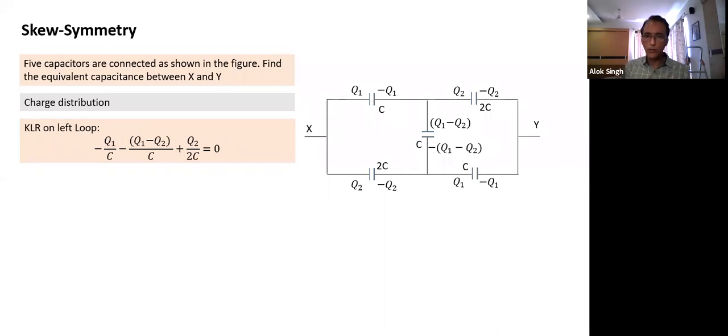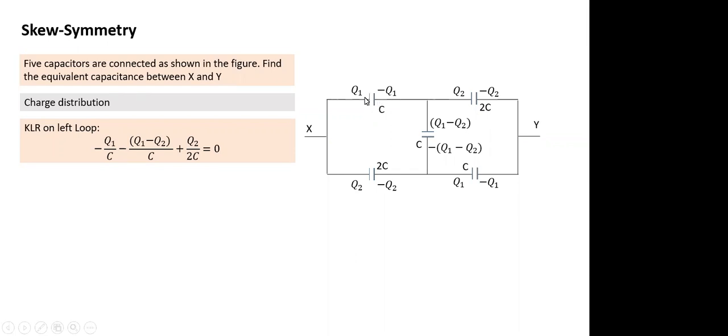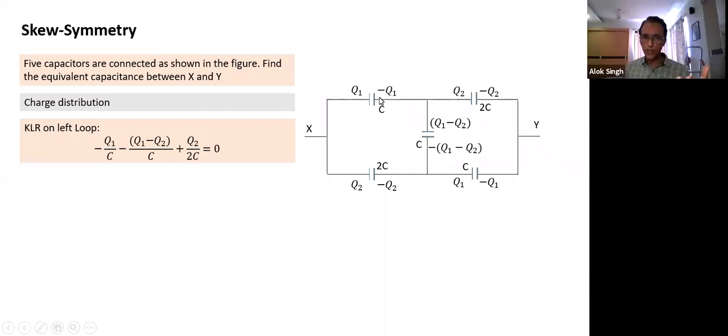Where's the starting point? I am applying the loop rule. Let's say I'm starting from this corner and going in a clockwise direction. If I start from here, until this point, no change in potential. But as I move from positive plate to negative plate, potential changes. Now there's a field here. What is the change in potential? It is equal to the potential of the battery, which is Q by C. Magnitude is Q1 by C. But as we move from positive to negative, there's a drop. That's why I put the change in potential equal to minus Q1 by C.